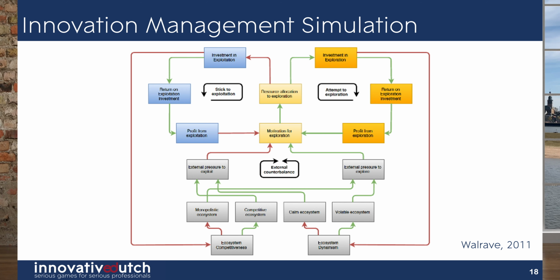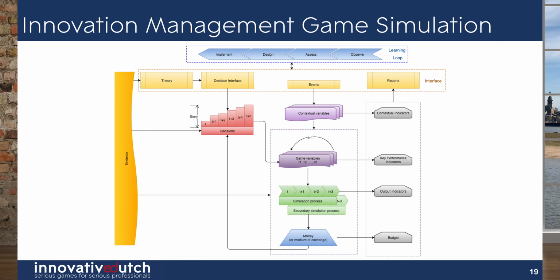And this is also how the game works. Over here you can see the exact game dynamics of this particular game. So basically what you do is you try to understand theory, and based on that theory you take decisions. You do this in a number of iterations. We call those rounds. There are in total 6 different rounds where you continuously take small decisions in order to improve your score. In the back end, there are a lot of variables that start working when you take the decisions, and then in the end